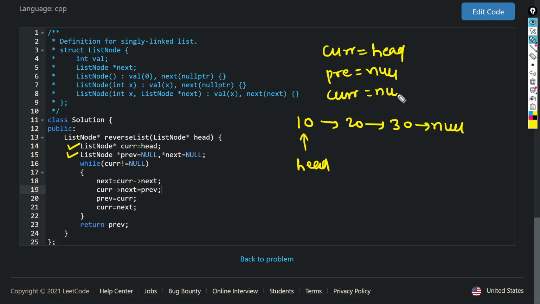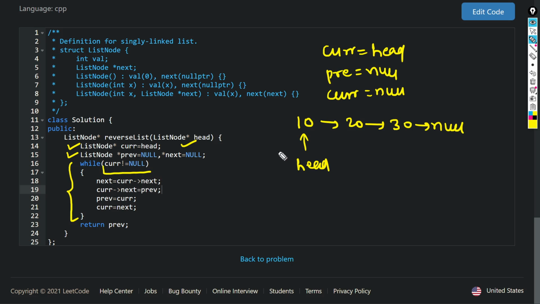So in the first step, we assign head to current and null to both previous and next. In the second step, there is a loop, and the loop will run as long as current is not equal to null.